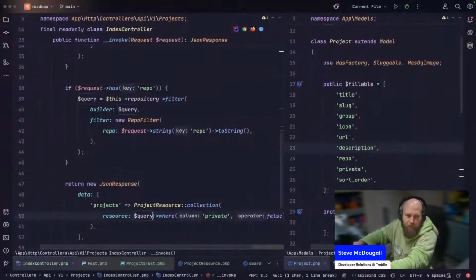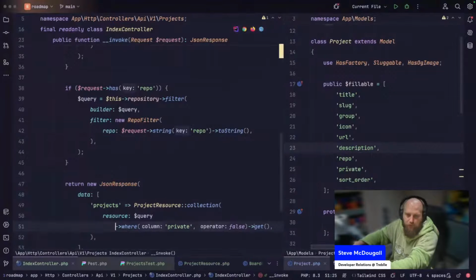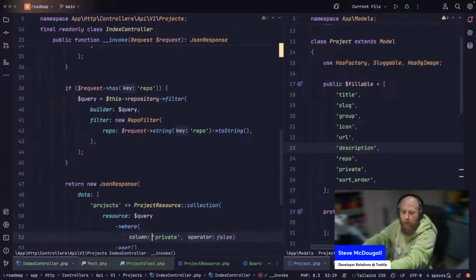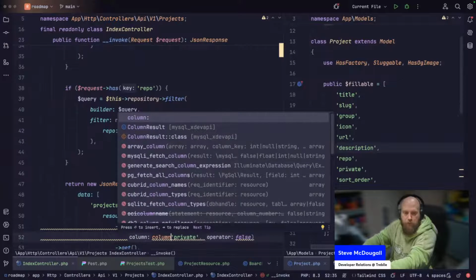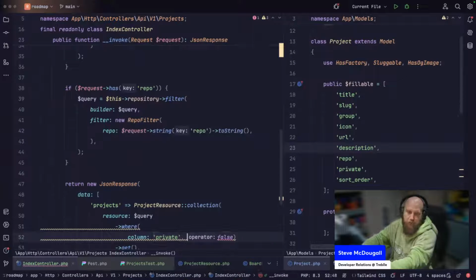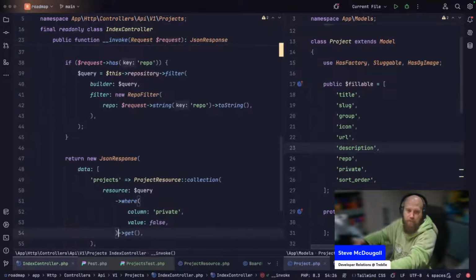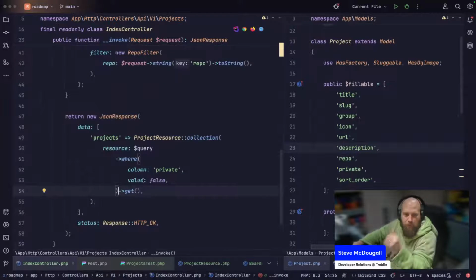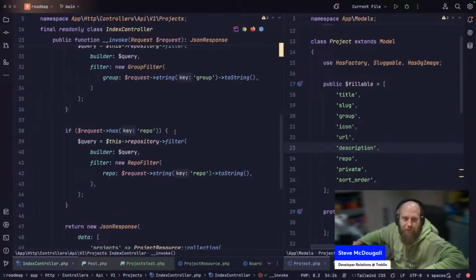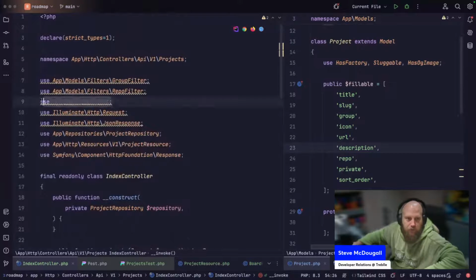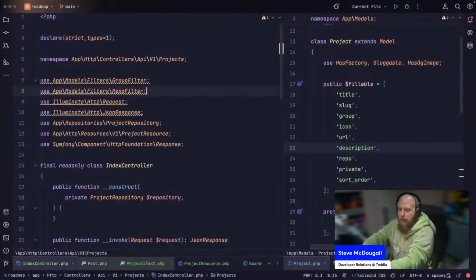So I'm forcing that down here because I want to make sure that we only show public projects on the read-only API aspect. Now, one thing that we're not doing here is rate limiting, and rate limiting is